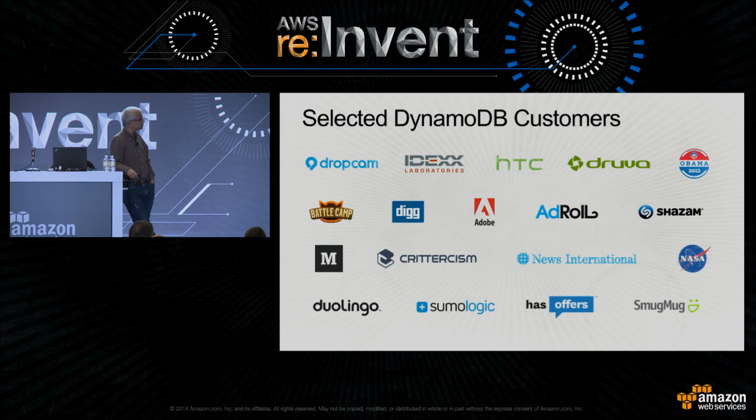And here are some of the customers that are using it. Dropcam, which is now a Google company, uses it. SmugMug, which is a photo sharing and photo storage site, uses it. Enterprise customers like News International are moving; I guess Andy said this morning they're coming down from something like 60 data centers down to 6, if I get my numbers correct. And many other companies. And the one that I would highlight quickly is a company called Shazam, which is a UK-based startup, or used to be a startup. It's probably a much bigger company now. And they use our service in a very interesting way.